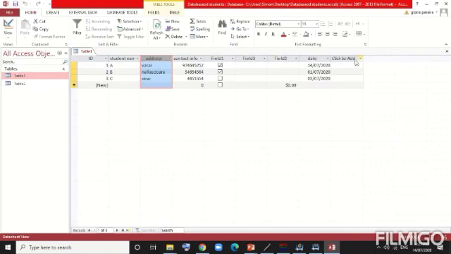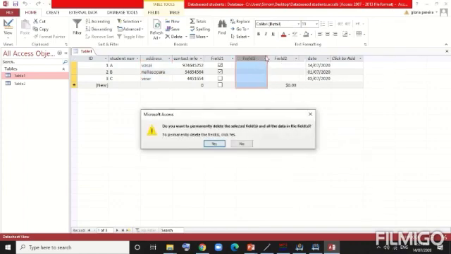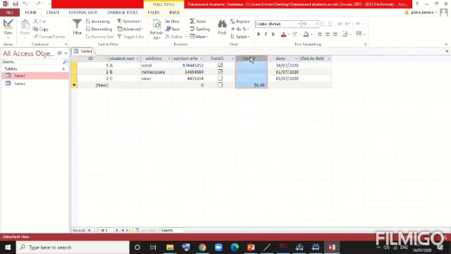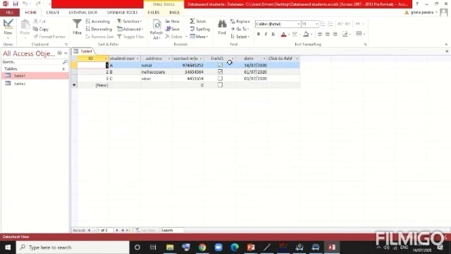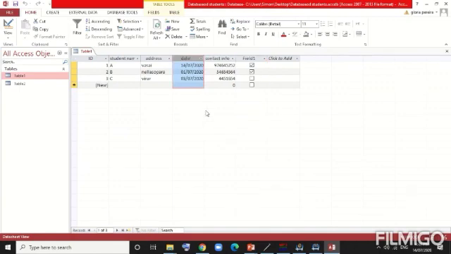If in case I have to remove a field, for example, these are empty fields, I just right click on this and delete the field. The same way over here also, delete the field if it is not required. If you want to change the field location, for example, date has to come before the contact number, I can move it easily. Just select that and drag it. Hold your mouse left click and drag wherever you want to locate that, and the field can be moved.